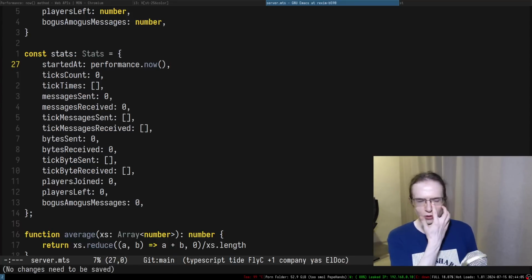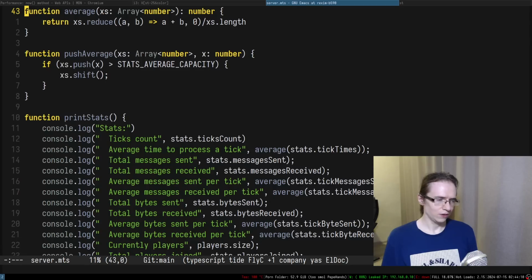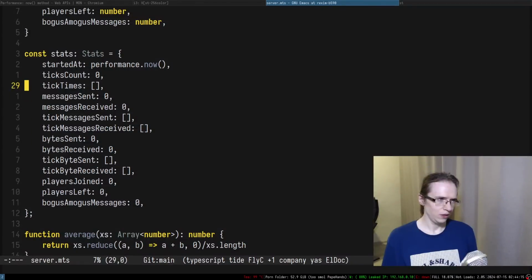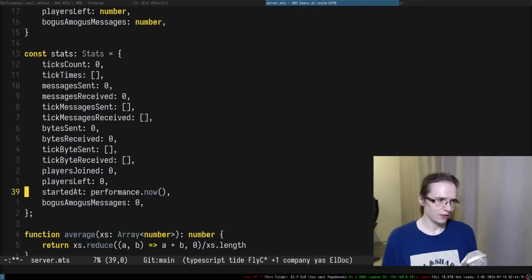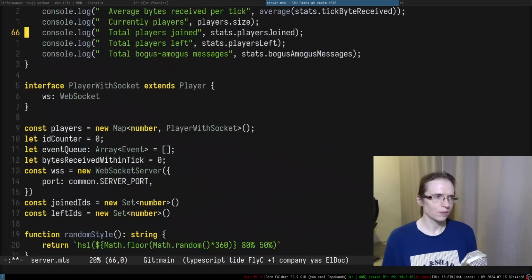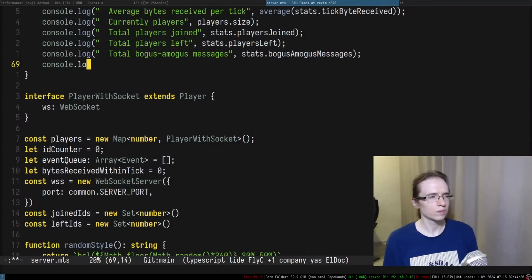Is that a good way to do that? I'm not sure actually. But anyway, if I want to print that stats,